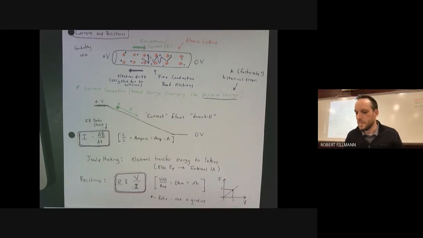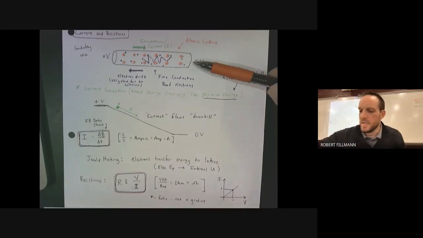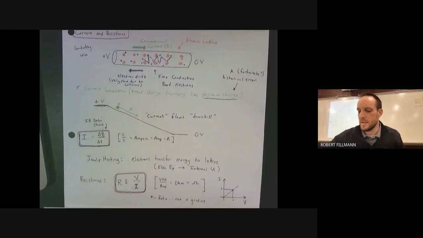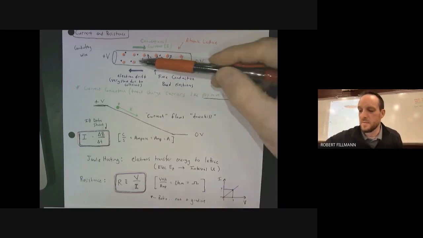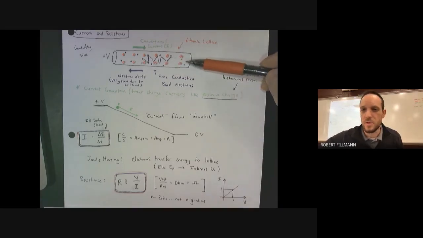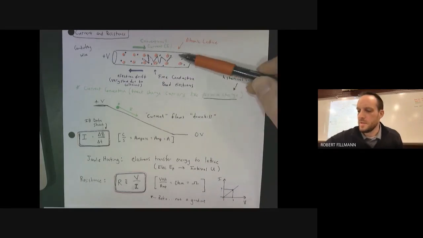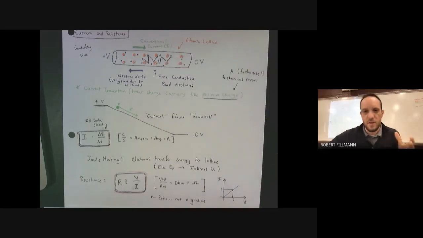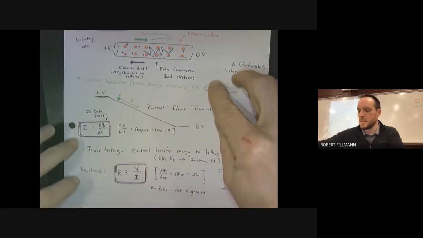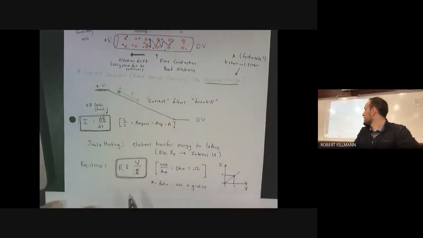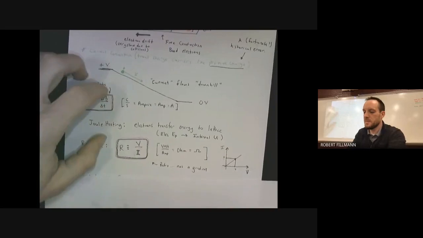Okay. So the collisions that happen in the atomic lattice can be described quantitatively through something called resistance. We say that this conductor has some resistance to flow. If there was no resistance, the charges would just flow in a straight line without being impeded. But they run into the atomic lattice, give off heat, and they experience resistance. So we can measure this quantitatively. The resistance of a material